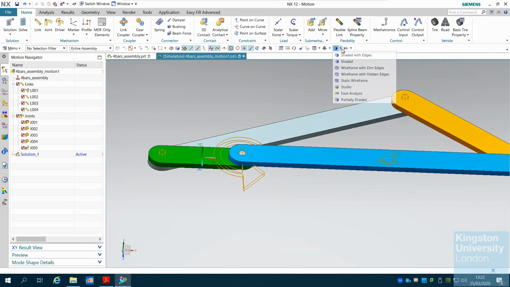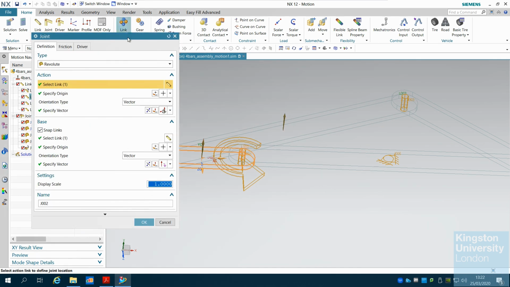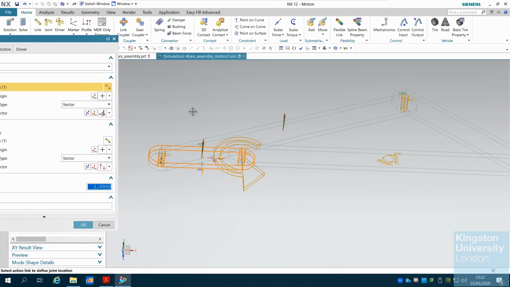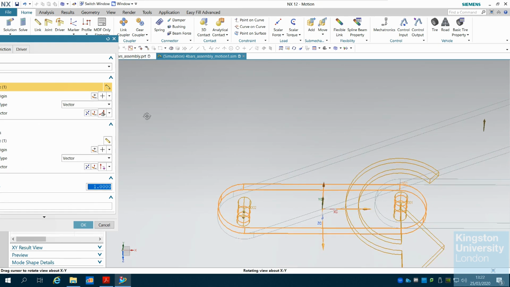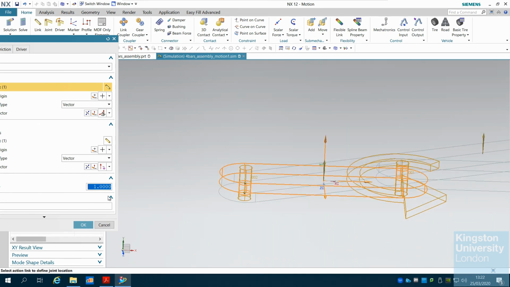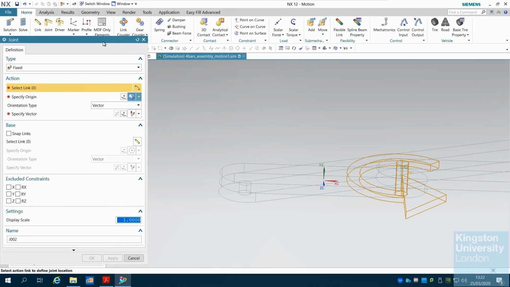I'm gonna go and edit it. Joint 2. I'm just gonna delete them and do them again. Joint 2 and 3. Delete. You can see it's joint